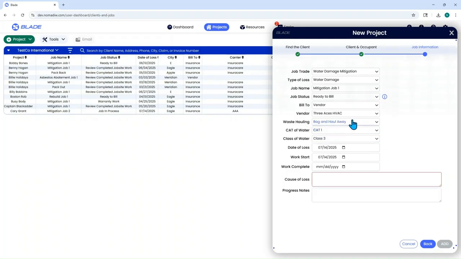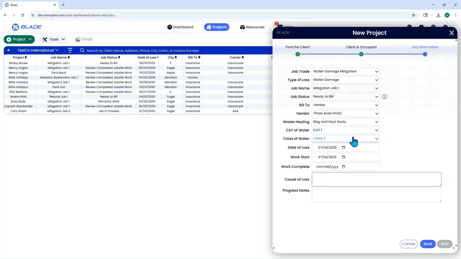Set the correct waste handling method for the job now, and Blade will make sure that users can only search and select the correct service items on every job. Similarly, Xactimate has different line items and pricing for things like drywall and flooring demo based on the category of water. Your custom service list might be the same. No problem. Set the correct category of water in this job parameter setting, and Blade handles the rest to make sure users can only select the correct line items when recording work performed or when editing an invoice. You never have to worry about creating a Cat 1 invoice for work you did on a Cat 3 job